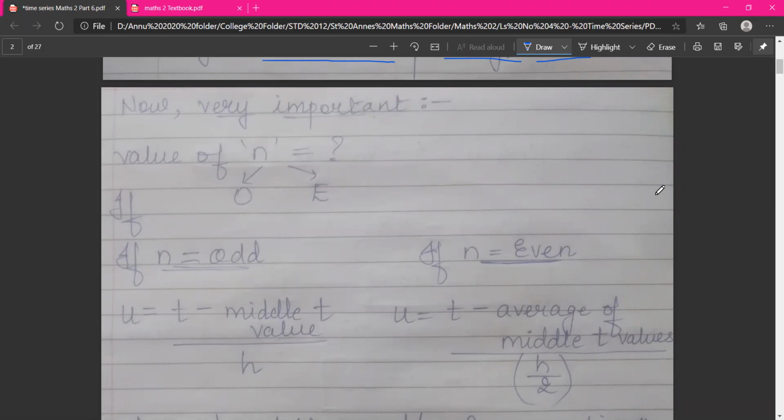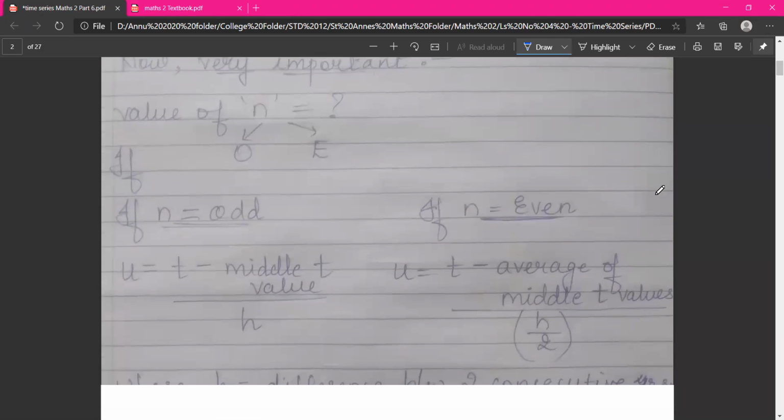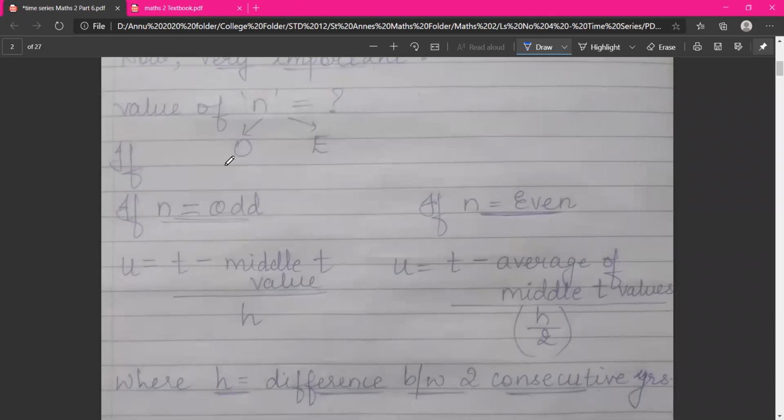What we are going to do? We are going to use two normal equations and find out the value of a dash and b dash, जो कि है least squares के constants. All right. These two terms we are going to find by using two normal equations, and normal equations मतलब आप simultaneously उनको solve करेंगे. Now, very important is n ka value are of two types.